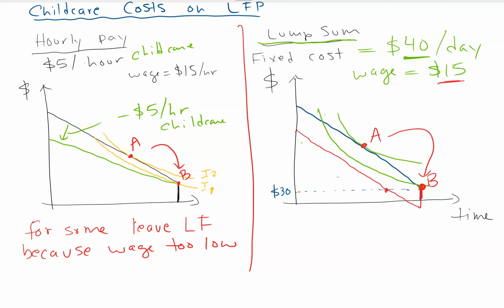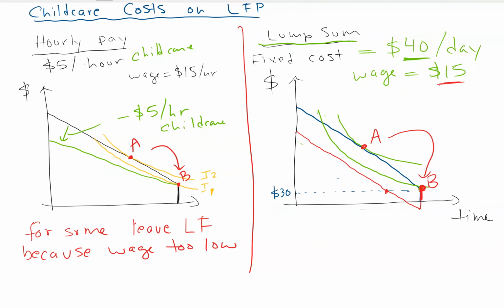So two different ways to model it. You can model it as the wage going down, or you can model it as it just taking a big chunk out of your check, so your wage doesn't change, but it does shift down your total earnings. Both of these are totally reasonable ways to model it. But either way, the prediction is the same: childcare costs will tend to have a negative effect on labor force participation. And if women are the primary ones responsible for the childcare, it'll have a bigger effect on them than it does on men.